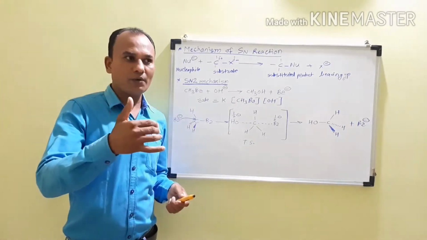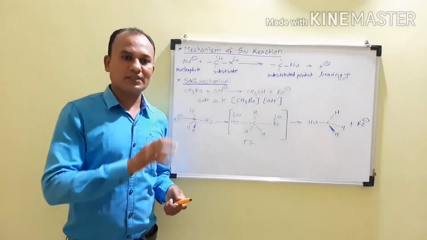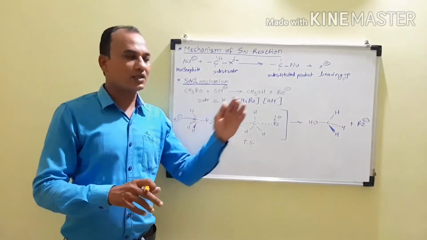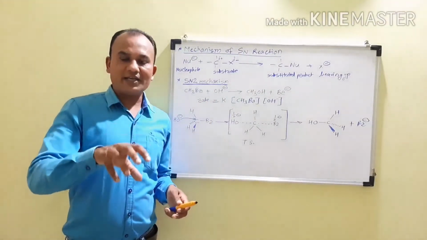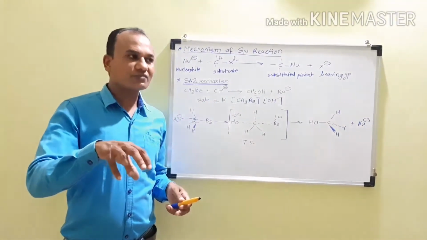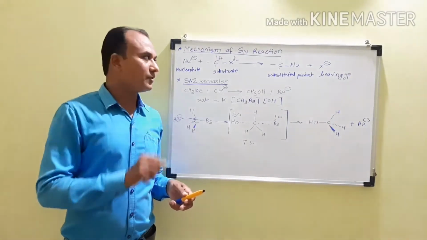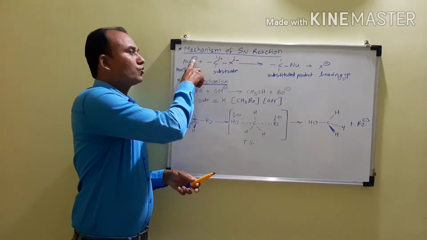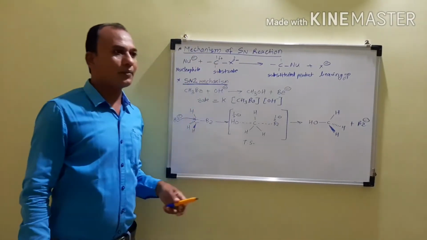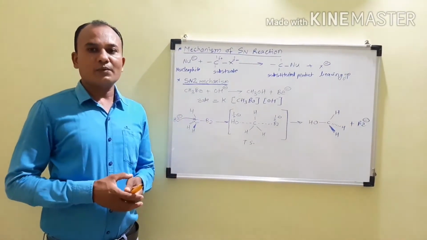When there is bond breaking, the halogen atom carries away both the electrons with it, and therefore it acquires a negative charge, and it is called a leaving group. And the attacking reagent, the nucleophile, which attacks the substrate at the positive center, uses its electrons to form the bond with the carbon, and these two processes take place.